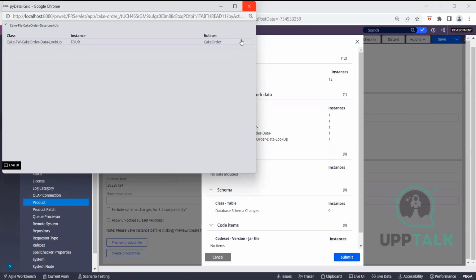Dilip will include that rule set in the product file, and he will ask you, are there any data instances you have made changes? Like, have you modified any data rules? If suppose you said, I have added 2 records in this table, then he will come here and he will include it. Or else you told, suppose I have created 2